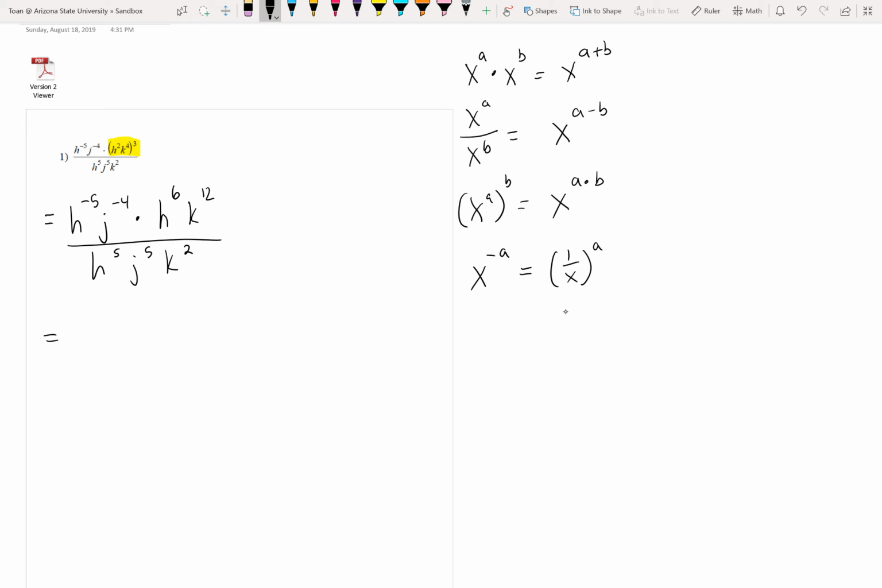Now what I like to do is clean up the numerator a bit. Do notice that in the numerator, everything's multiplying each other, so it's going to be the product property. And also note that these properties only work if the bases are the same. So don't mix and match the letters. If the letters are different, leave them separated. But if the letters are the same, you can go ahead and apply the property. So the property says if you multiply like bases, you add the exponents. So negative 5 plus 6 is just a 1. So you have h to the 1 power,